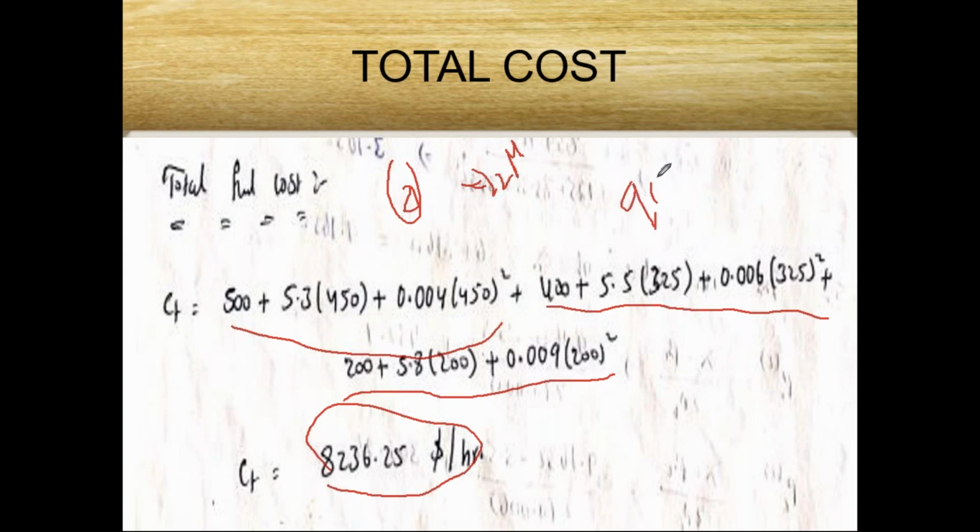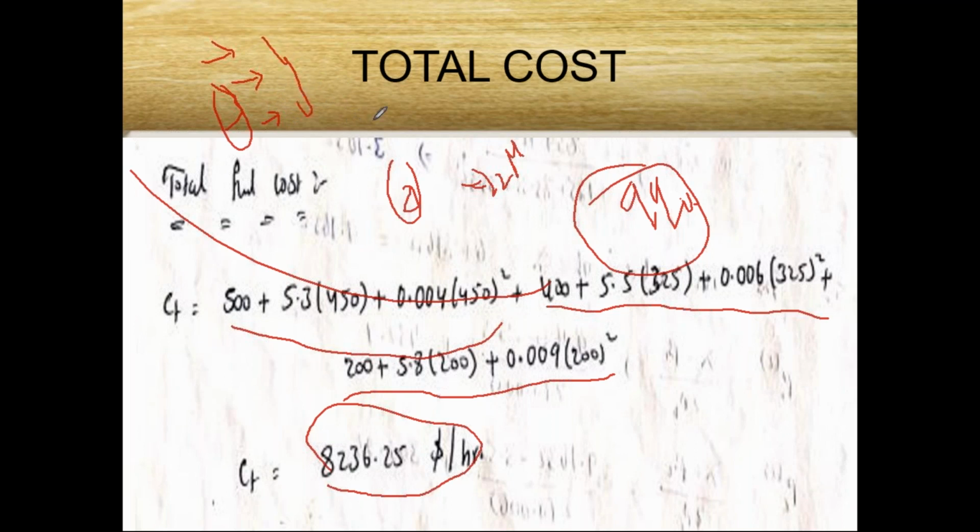So 99% you will get one problem from this topic. There is no way to escape from this. Why? Because in the first unit we have three major topics. One is performance for scheduling. The second one is this derivation, that is optimal generation neglecting losses, and the third one is optimal generation including losses. So these three topics we have in the first unit, and you will definitely get one question from these two topics, that is optimal scheduling. These two methods are called analytical methods.